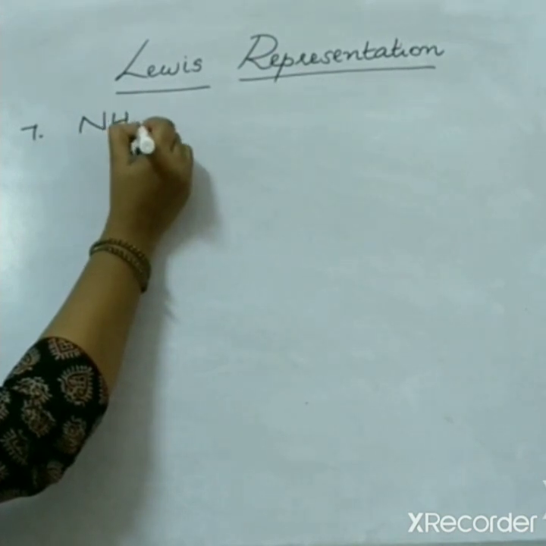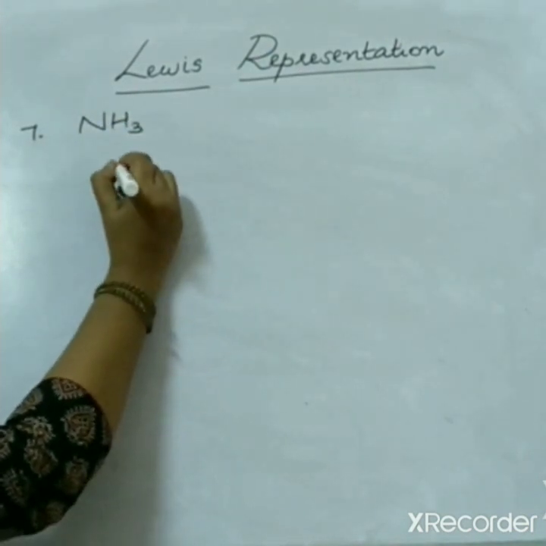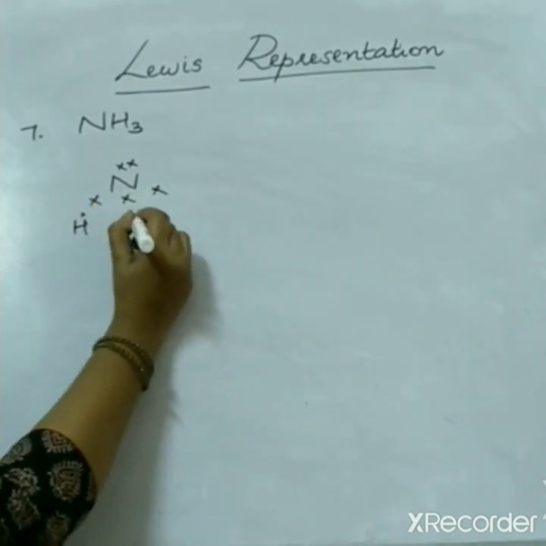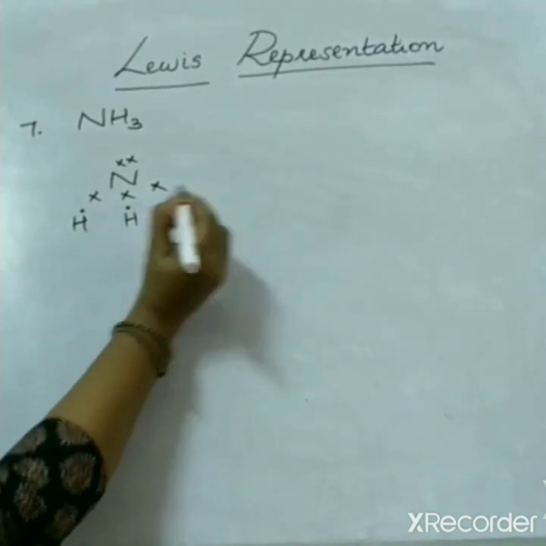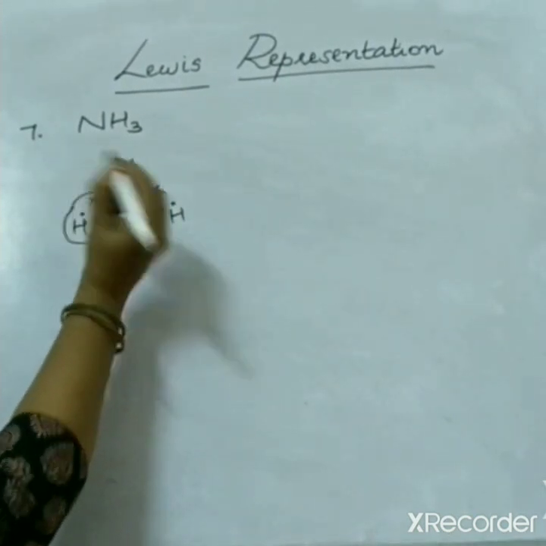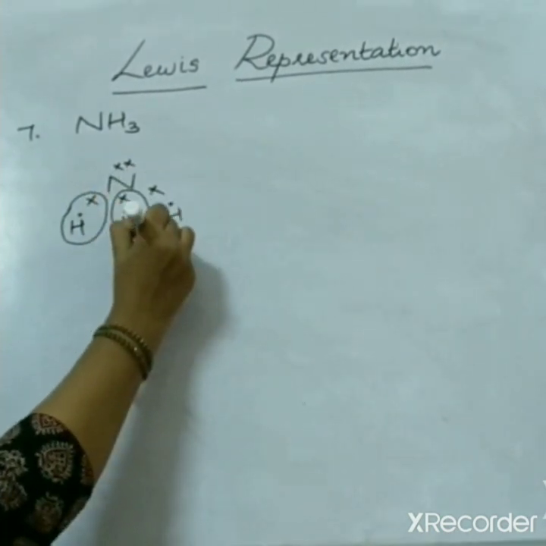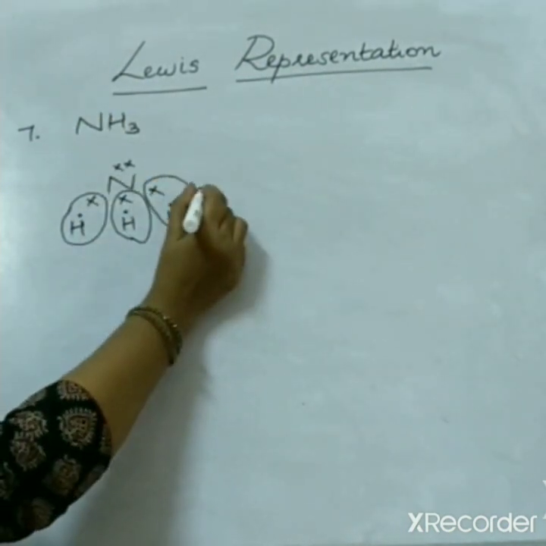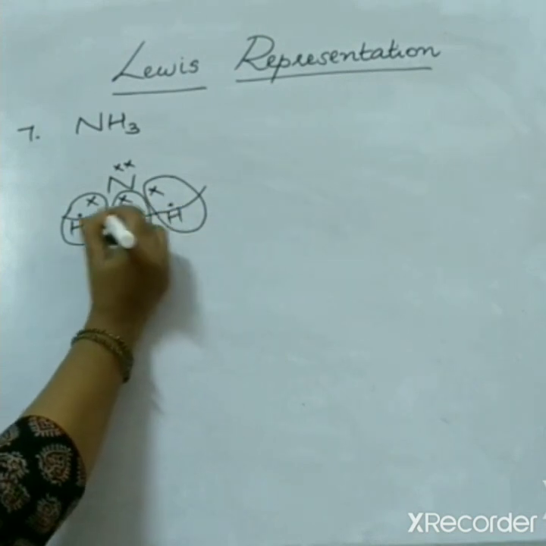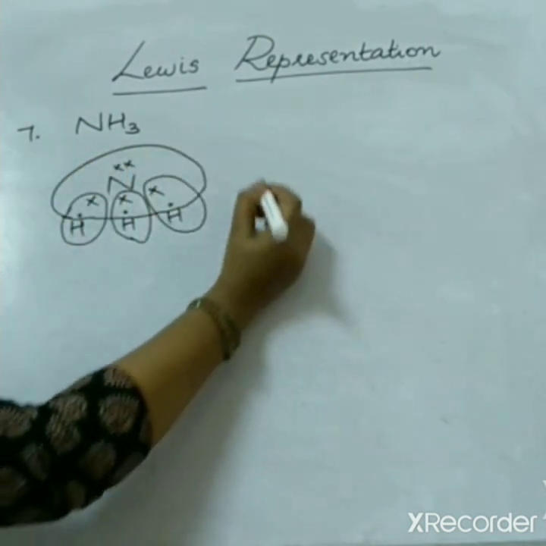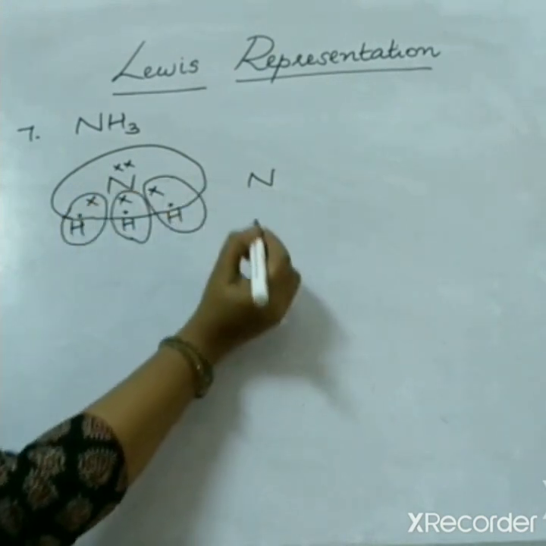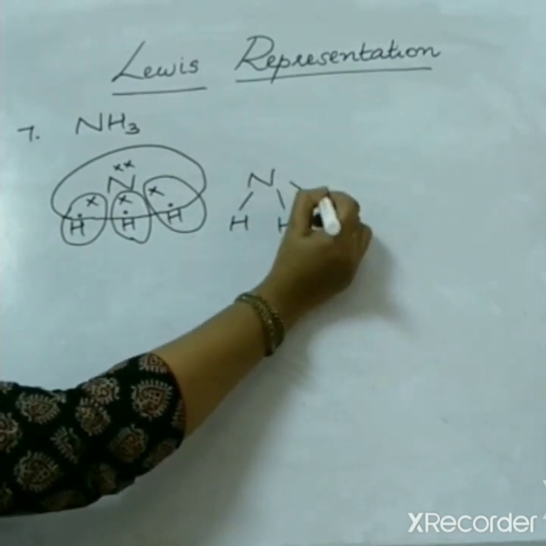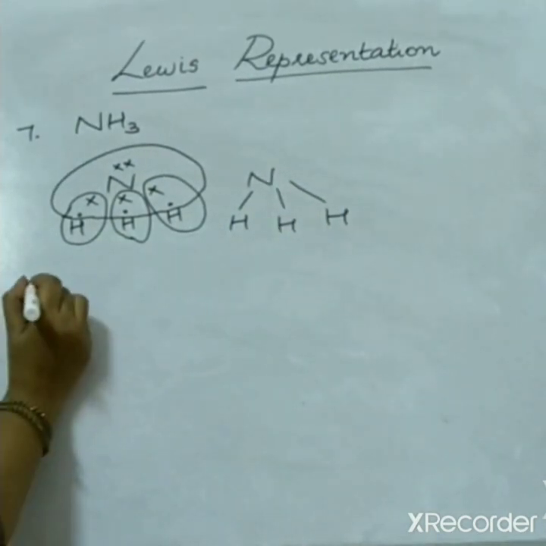Consider ammonia NH3. Nitrogen has 5 valence electrons. Arrange the electrons in this way. And each hydrogen atom has 1 valence electron. Therefore, each hydrogen atom requires 1 more electron to get a stable configuration. Therefore, out of the 5 valence electrons present in nitrogen, 3 of them will be shared with 3 hydrogen atoms. Nitrogen has 5 valence electrons and it requires 3 more electrons. So, 3 electrons of hydrogen atoms will be shared with nitrogen atom. A pair of electrons is shared between nitrogen and hydrogen. Therefore, a single covalent bond will be formed. Such 3 bonds are present in ammonia.